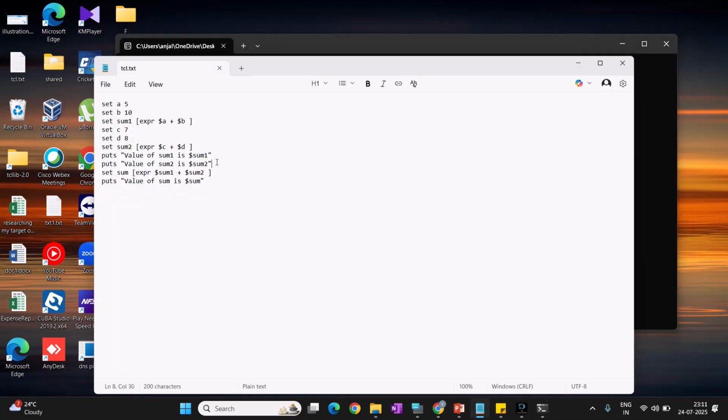Now what if I want to stop the script somewhere here only, but there's no loop in my script. So I can simply add a return command